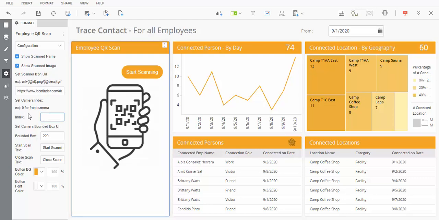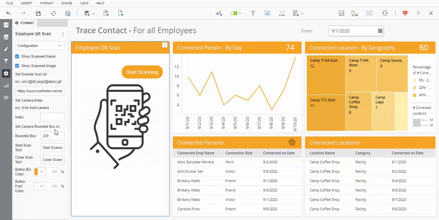So this is the index I was talking about. By default there is nothing, so it's going to get the maximum camera index from the device. But according to your device, like an iPad or some mobile device, you can set the index. For example, 0 is for the front camera, and maybe you have 3 cameras in your phone and the third camera is the back camera. So you can set index 3 over here to select the back camera. Anyhow, by default it's going to pick the back camera, but this is the index you can set.